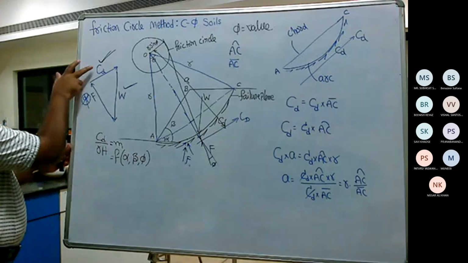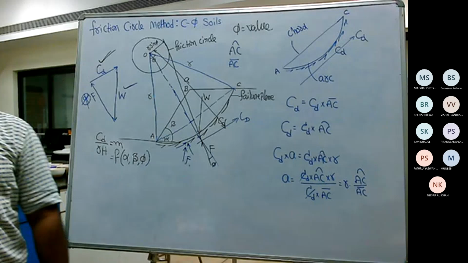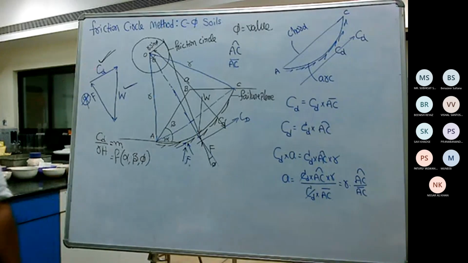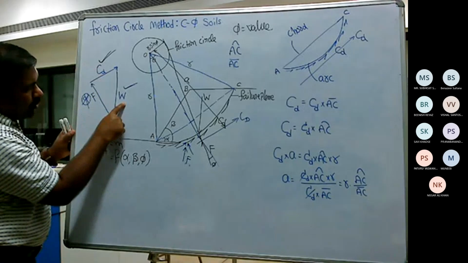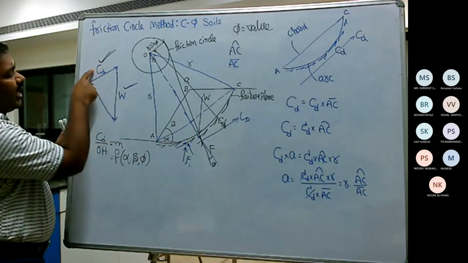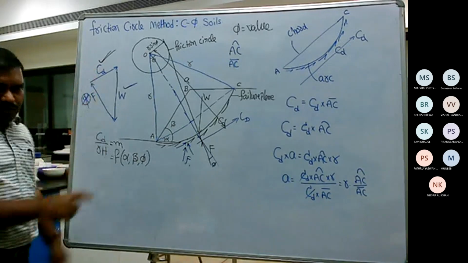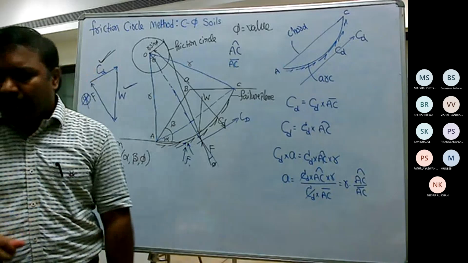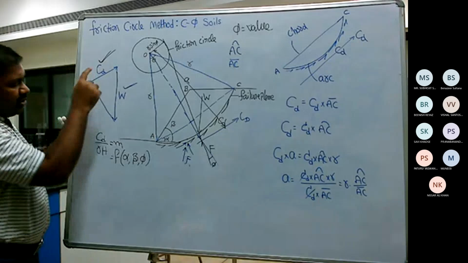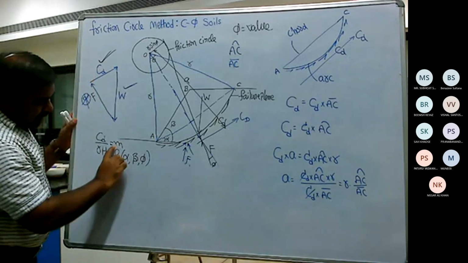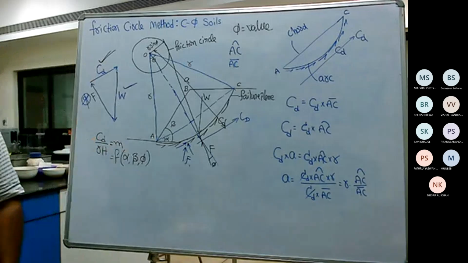Okay, so now this is a total cohesion, but total cohesion can be converted into unit cohesion by multiplying with the length. But if I know the weight of the component, I can determine the resultant cohesive force. From there, I can determine the unit cohesion. But as we know, the unit cohesion in the form of a stability number is related with CD by gamma H.